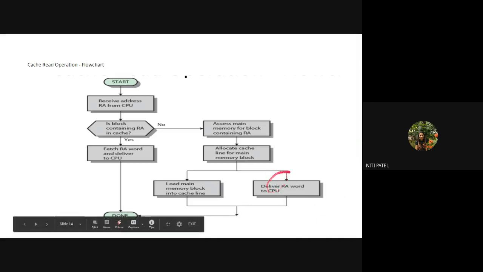RA means I am using a register. That register has my word. Word means it has my data of 16 bits or 8 bits. And then I'm storing it into the CPU or giving it to the CPU for the execution. Once the CPU has completed the execution by using that register, it will complete the instruction and the instruction is executed completely.